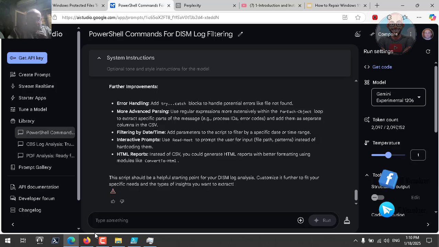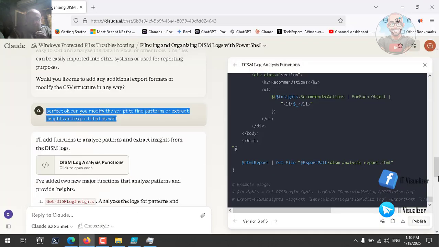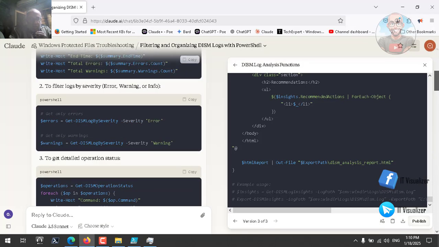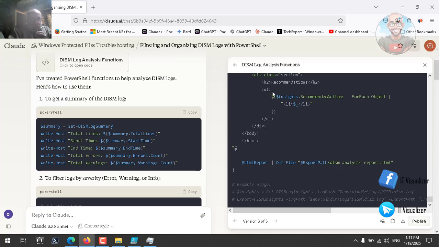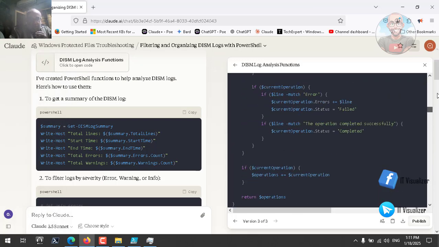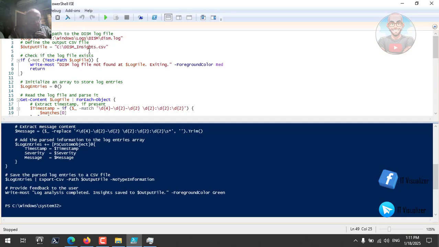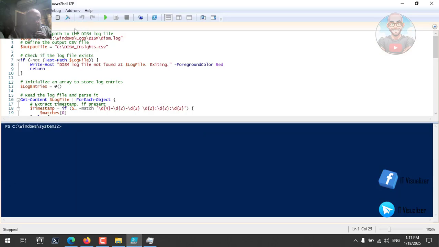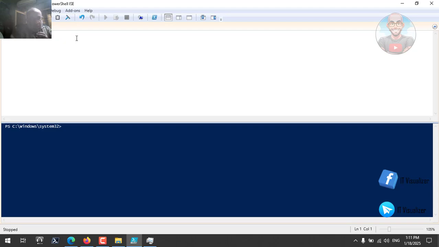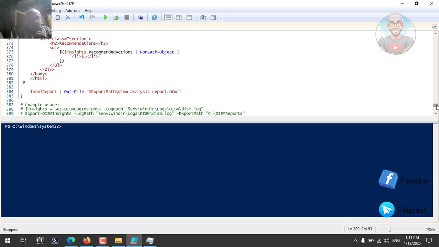I have given the same command, or asked Claude, to analyze the DISM log. This is the script. We can copy it and let's see. Here is the script. If we go there and erase everything and paste with Control V, then we have